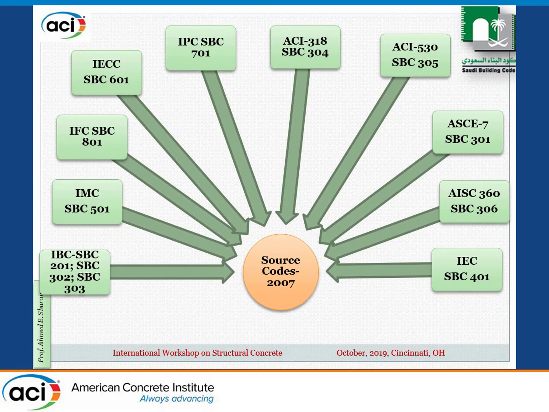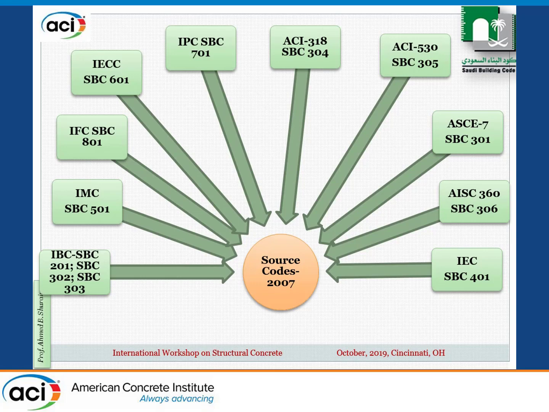We decided at the time that it's not sufficient to just go with the IBC, because for example in the IBC there is one chapter on concrete, about 20 pages simply saying what changes you need to consider when you are using ACI 318. Being in Saudi Arabia, ACI 318 is not accessible to us, so there's no point in just doing that. So we communicated with ACI and made an agreement that we can have ACI 318, adopted and then modified accordingly. We call that SPC 304.